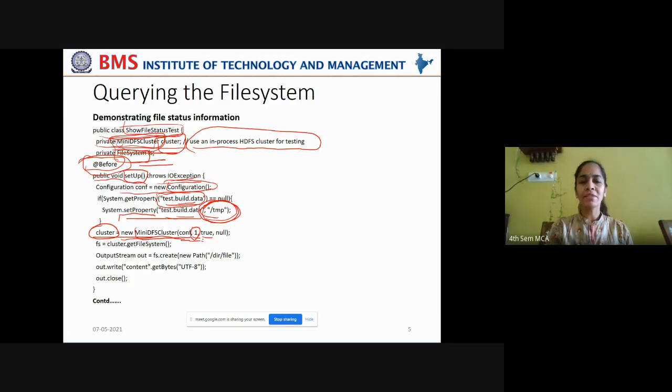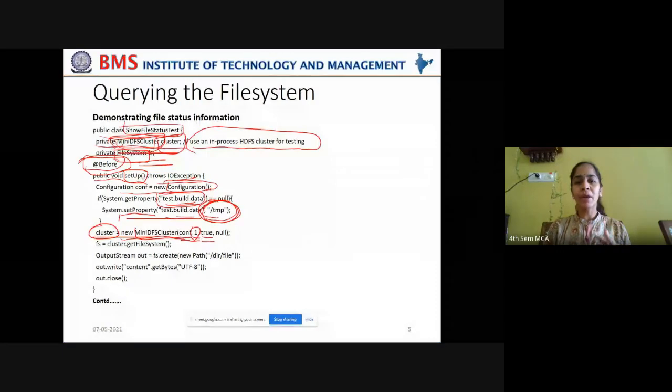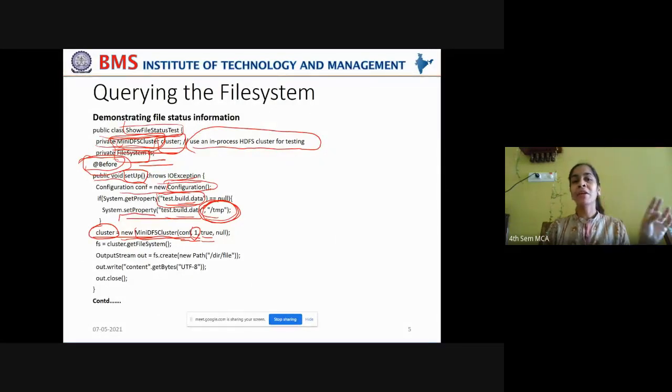And what is the next parameter? True. This true will enable the cluster to format the name node as well as the data node. Understand these parameters carefully. Do not get confused with these parameters and the copyBytes parameters. That format almost looks the same, but you should not be confused. In this case, you are setting up a mini cluster with one data node.